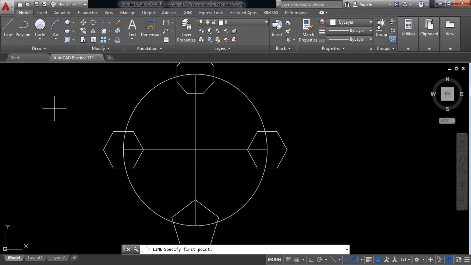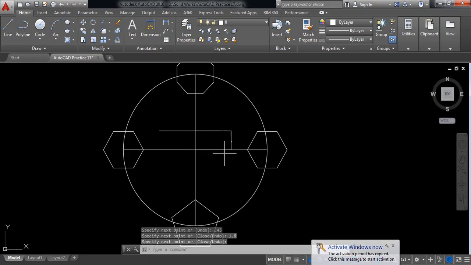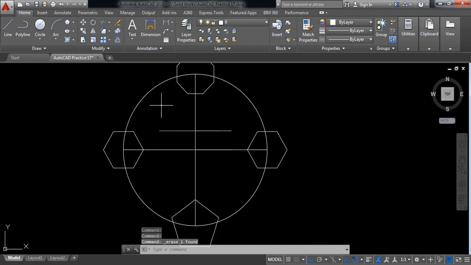Again go to line, from the center along this direction. Okay, switch on ortho, draw a line of length 0.9 millimeter. Now in this direction it is 0.45 millimeter. Now in this direction it is 1.8 millimeter. Did this one. Okay, now again select line, and from the center in this direction draw a line of 1